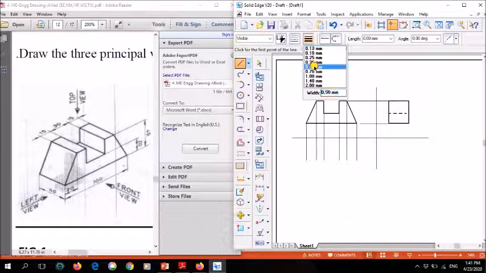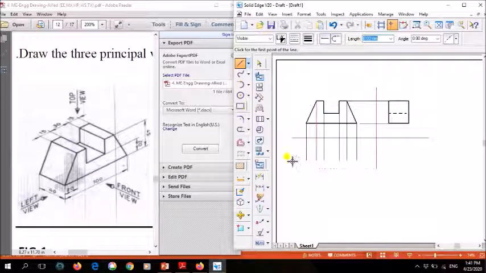So now I have drawn the projection. Now what is its width? This longer width, or what we call the length. When you see from the top, this length is visible. This length, how much is it? 100 mm. So from here somewhere I'll start, and how much is it? 100 mm. So I've drawn from here to here.